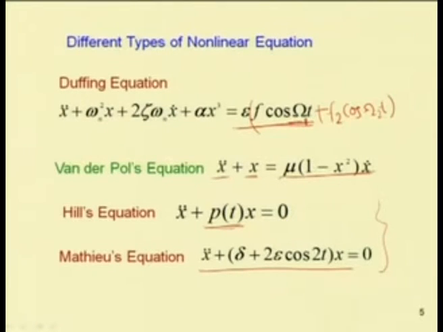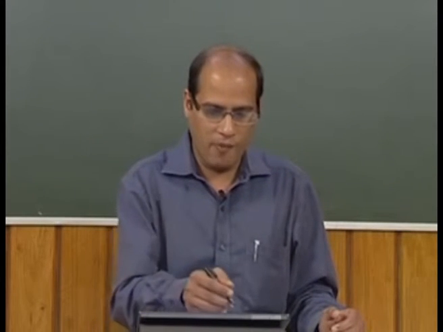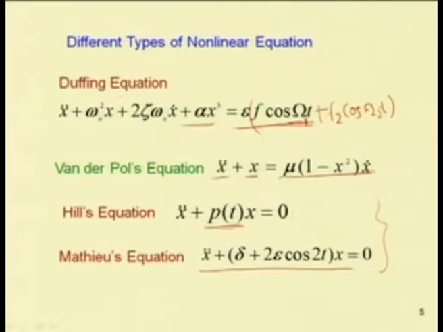So, in case of parametrically excited systems also one can add a number of forces to reduce this equation to Mathieu-Duffing type or Duffing-Mathieu equation. Similarly, in case of van der Pol equation also one can add this forcing term and the cubic nonlinear terms to have a Duffing-van der Pol equation. So, one can have a combination of equations taking the Duffing equation, van der Pol equation, Hill's equation and Mathieu equations. So, let us take one example of how we can order a nonlinear system.